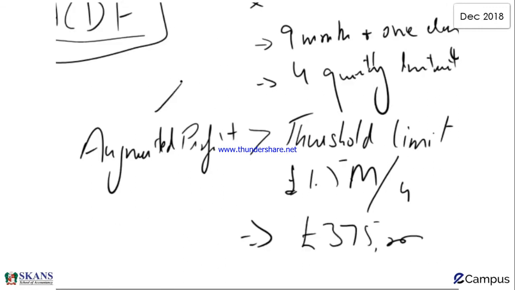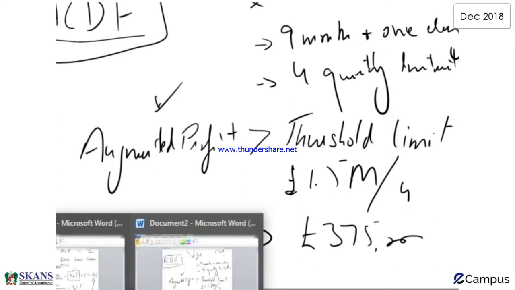So if any of the companies in A, C, D, or F have earned augmented profits of more than 375,000, well, that company would be considered as above threshold limit. And if it was above threshold limit in previous accounting period, now it would have to pay corporation tax in 4 quarterly installments,